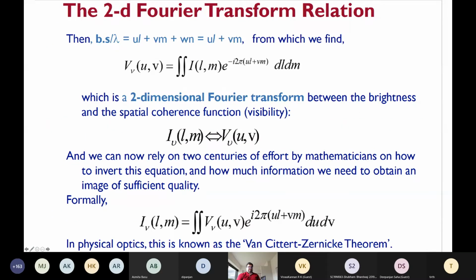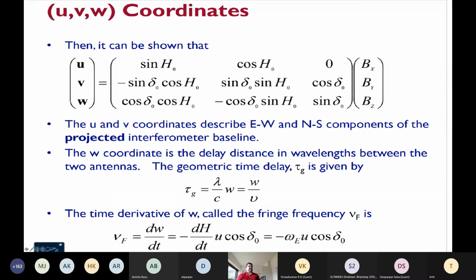By this you can understand that if the baseline is fixed, everything else is fixed, like the wavelength and the baseline. If you observe the source from rise to set, what changes is the hour angle. It changes when the source moves from one part of the sky to the other part, and then finally sets. So for a single source with a single baseline, you will have multiple values of UVW.